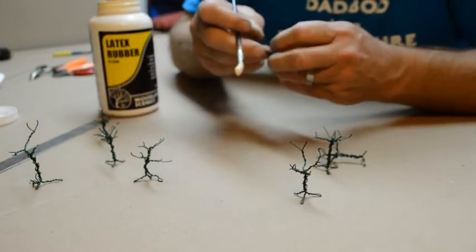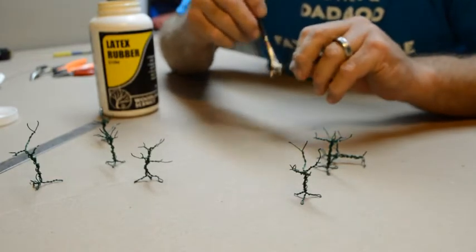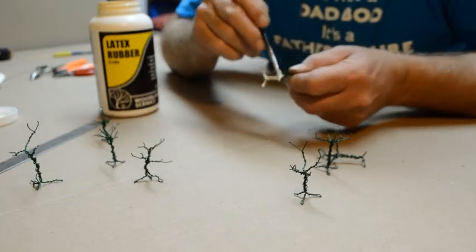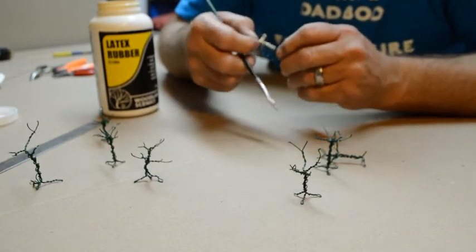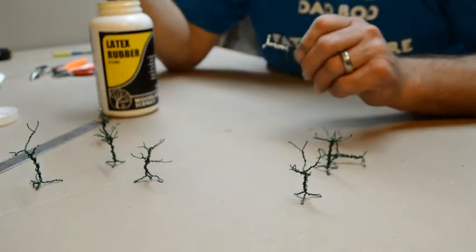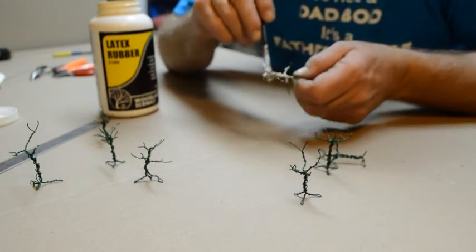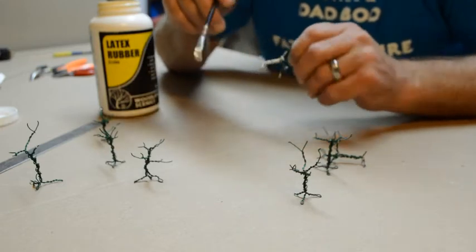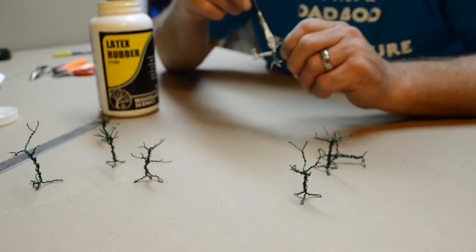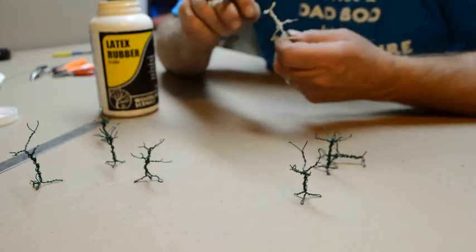is get out my liquid latex and paint them up. Sometimes it doesn't all get on there in one coat. You get some globs someplace and thin in other spots, but that's alright, because if we need to, we'll put a second coat on. But all I want to do is add some depth, add some thickness to